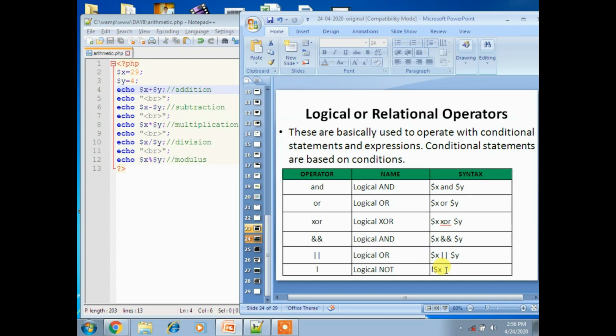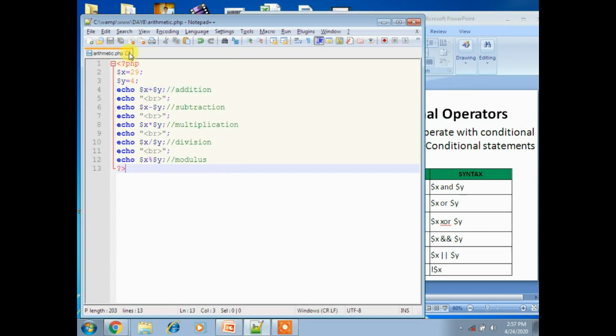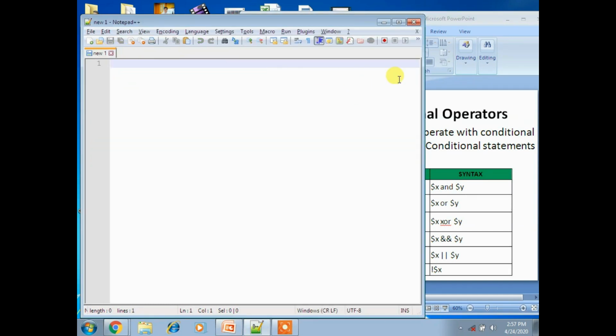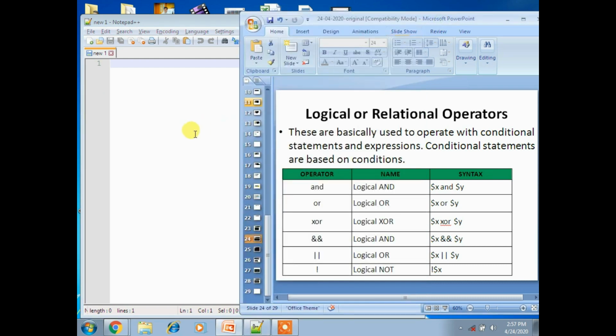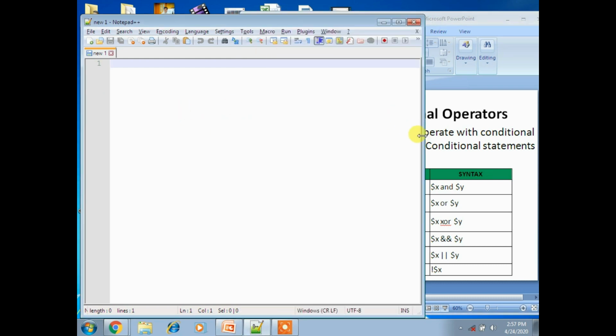So let's see the execution part to understand the concept of logical operators. Then it's easy to understand. I am taking a new file here, logical operators.